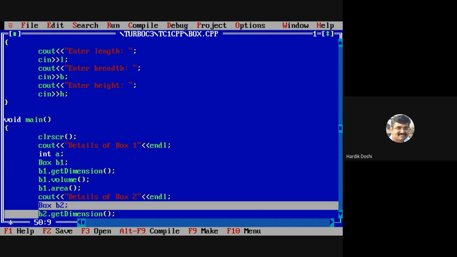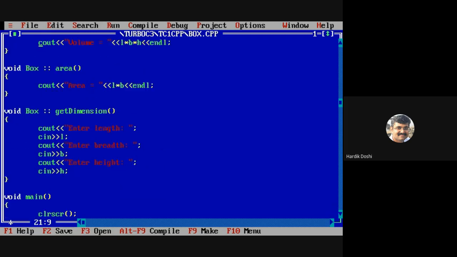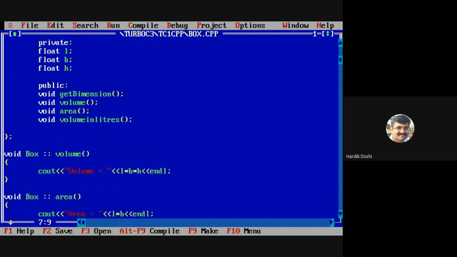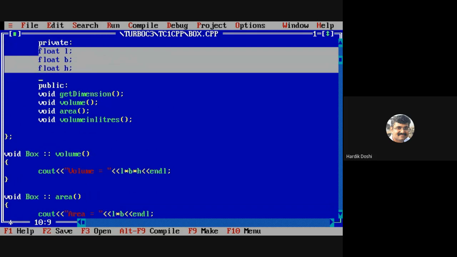Okay, should I move further? Any doubts with this? Just check it out, please. Understand it very technically that when I create an object of the class, memory is allocated, and how many bytes, as per the members defined in the class. Hello. Any doubts with this? All of you? Please check the code very carefully.